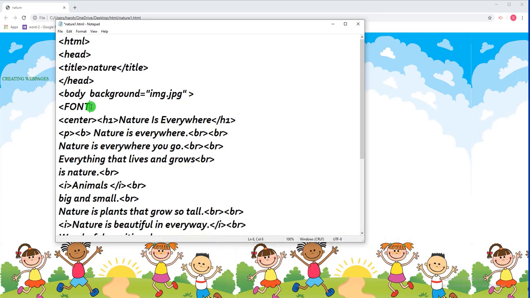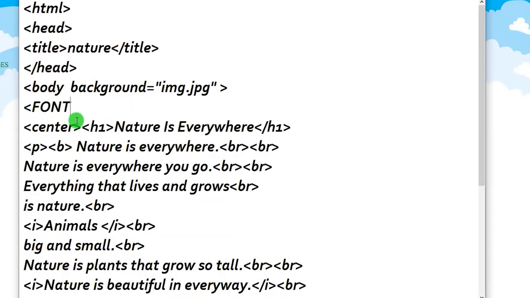So because it contains the text inside it, whatever text you want to change, that text comes inside the font tag. Let's see, I want to change "Nature is everywhere." This heading which is written with H1, I should be able to change its font color and its font size. So font is the tag that I'll be using, and I'll be using it before this text which I have written. So I'll write here font, and with the font I have color as the attribute. I can give it any color that I want. Again, color is equal to, in double quotes I'll choose any color.